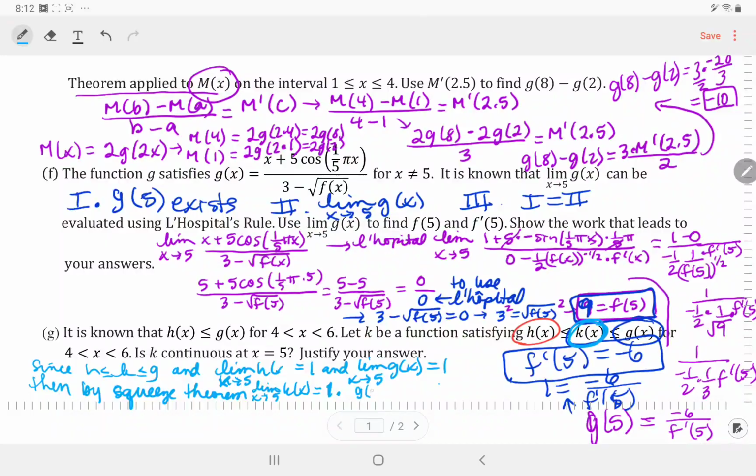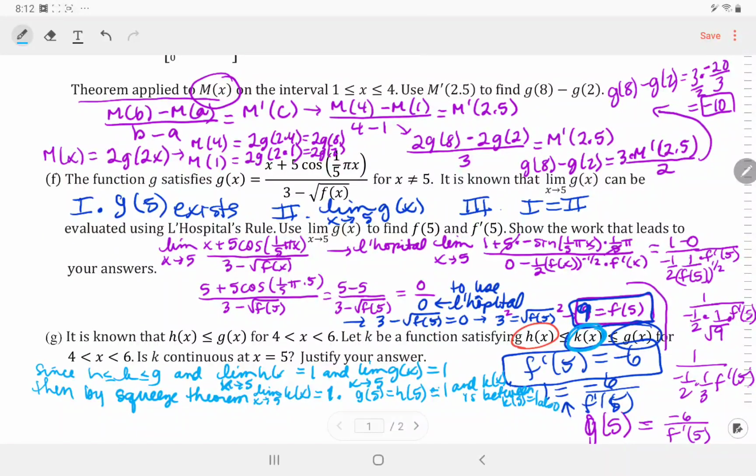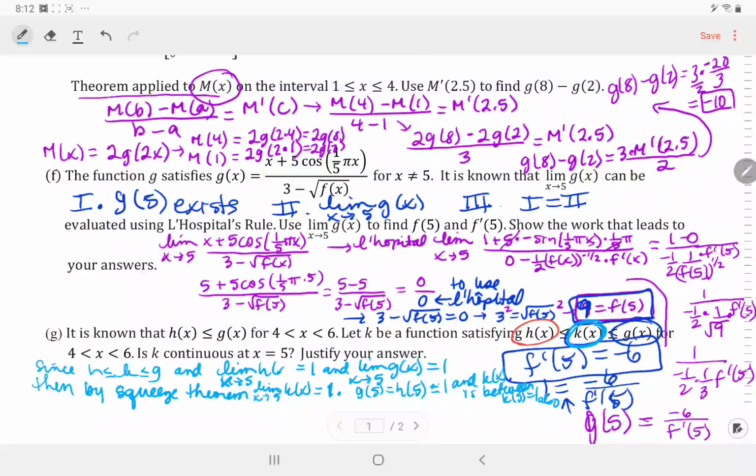G of 5 equals h of 5 equals 1, and k is between. So I would say k of 5 equals 1 also. That means k of 5 equals the limit as x approaches 5 of k of x. So I would say it is continuous. So I would say k is continuous because